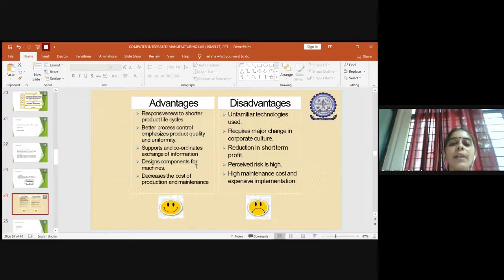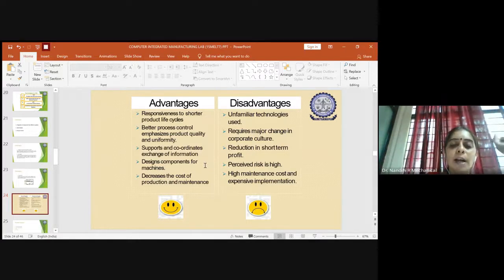Then design components: it can provide the required design components if you're doing a part drawing or a part assembly, because every part will already be available in the software, like the material which has to be used, the existing part design, which parts you have to take, and how they will be assembled. Everything will be in the database, so you can check.